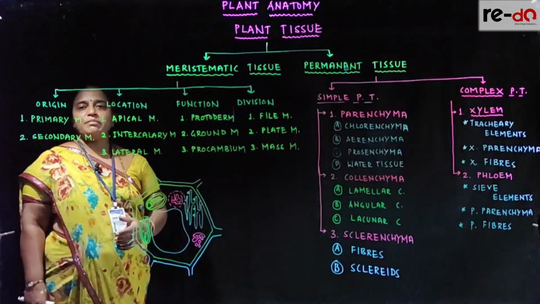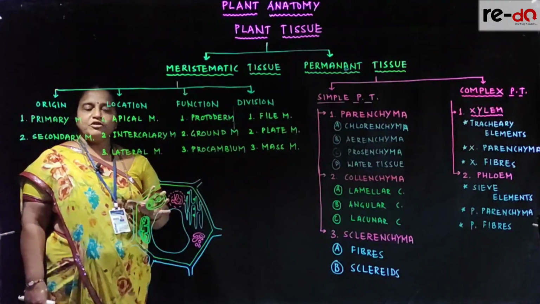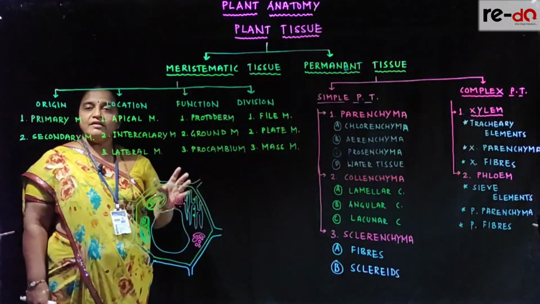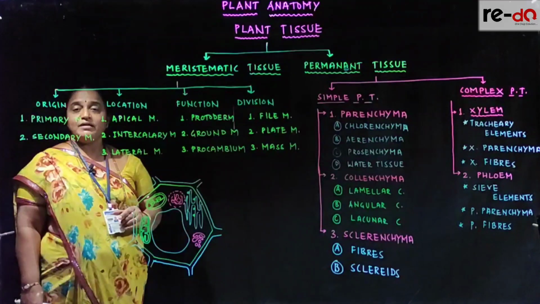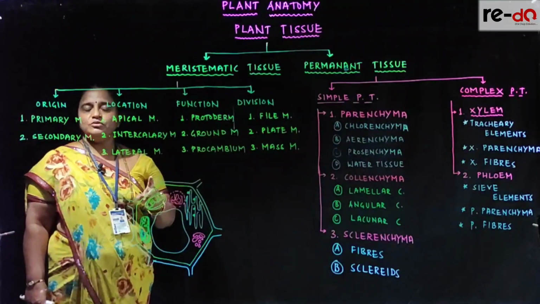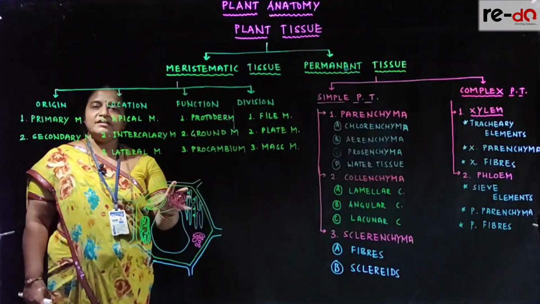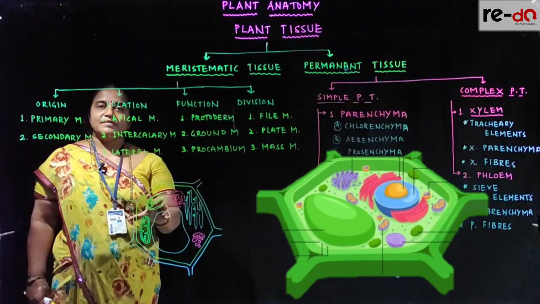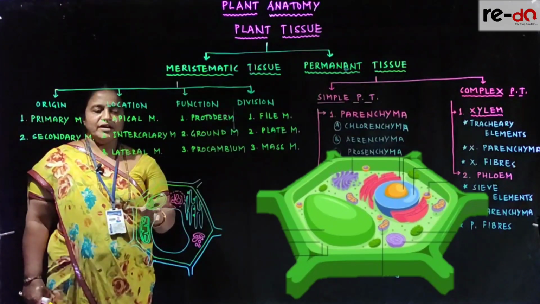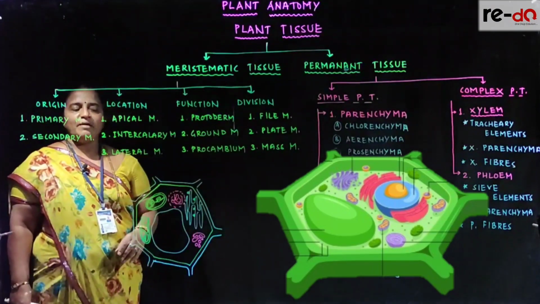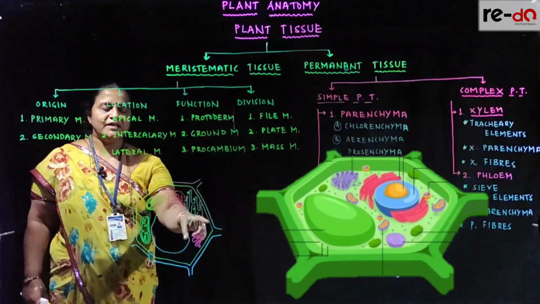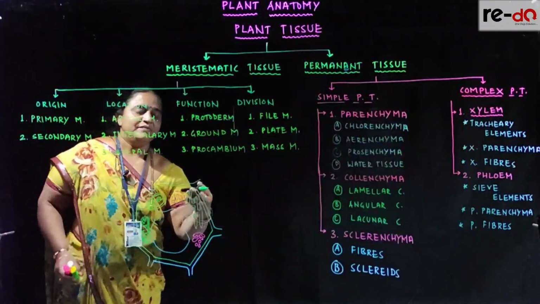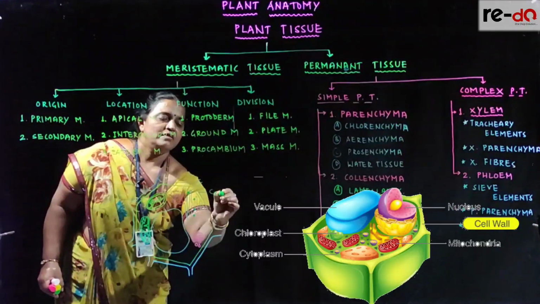Before we deal with plant tissue, I'll just introduce how the plant cell looks. In the next unit, we are learning a detailed account of the plant cell, but to learn this plant tissue, you have to remember certain features of an ideal plant cell. The shape may be anything, okay? Here I have taken a polygonal plant cell, meaning having many sides. The plant cell is covered by cell wall.